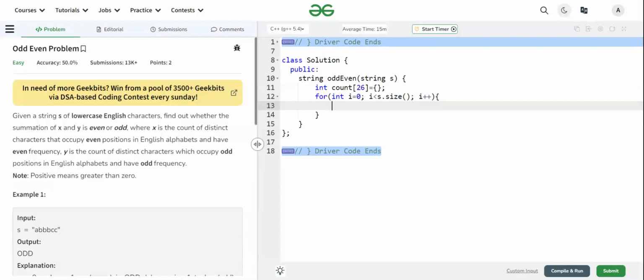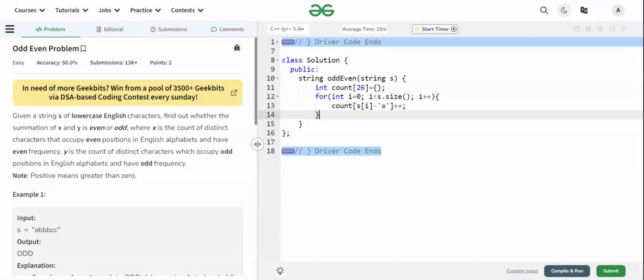Each time, suppose s of i is some character, we will convert it into the array position by subtracting 'a', and whatever value comes, we will add in the count array.